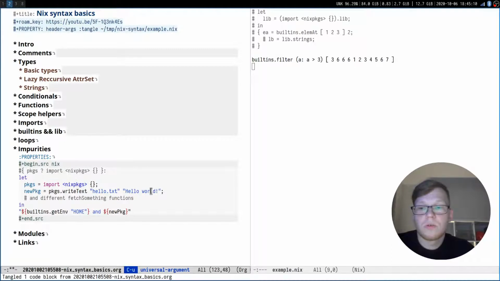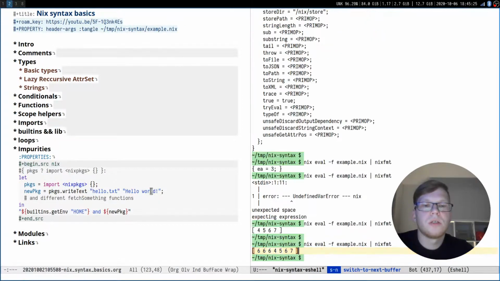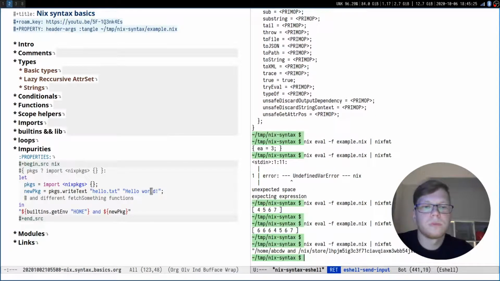And let's go to the example. And here you can see that I create a new package called hello.txt, which contains hello world. And let's evaluate this file, and you can see that it accessed my